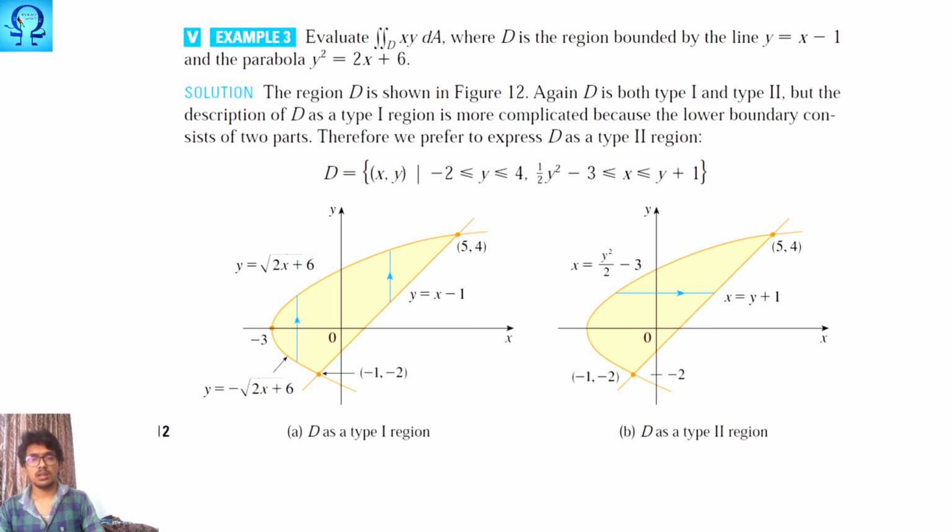Okay, and the next problem is what? Here we have y is equal to x minus 1, and actually I think I don't need to go to GeoGebra to plot this one. Here you may very well see that, just a minute, let me make use of the highlighter with this color. Yeah, when you try to look at it as a type 1 region, your x value lies between minus 3 to,